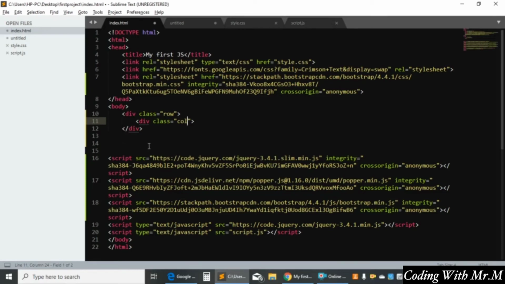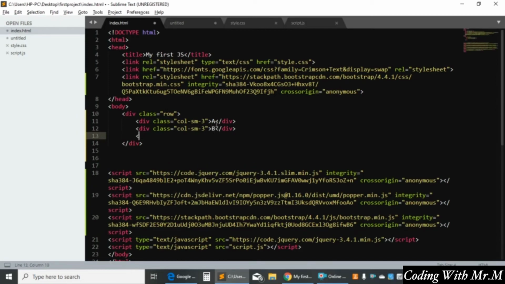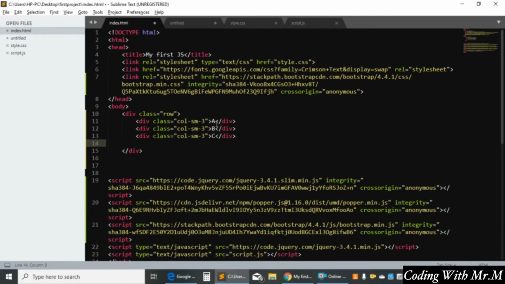Let's create the first col-sm-3, A, and the second one is col-sm-3, B, and the third one is col, C, and the fourth